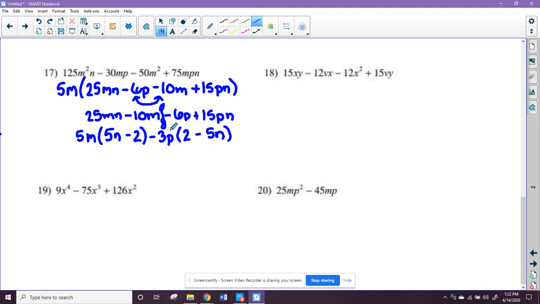That's a problem. So could we just, instead of taking out a negative 3p, take out a positive 3p? Then that would change that to a negative 2 and a positive 5. Now do our parentheses match up? They do. So we write what's on the outside, 5m plus 3p